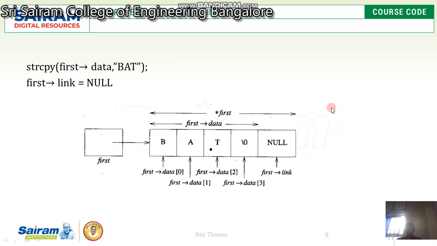So this is the other representation, when you copy it, what happens. So this is what first data of 0, we are storing the first character. First data of 1, we are storing the next one. First data of 2, we are storing the third character. And the next is going to be null. And the first is going to get the address of the complete node. So when I get the address, I can access every character, every information in the given link, right?